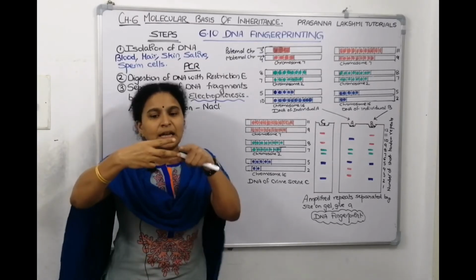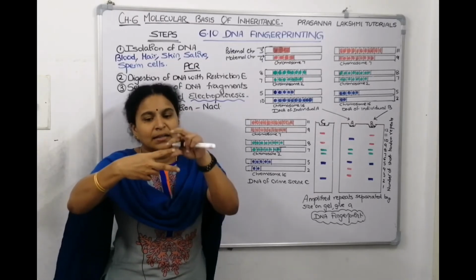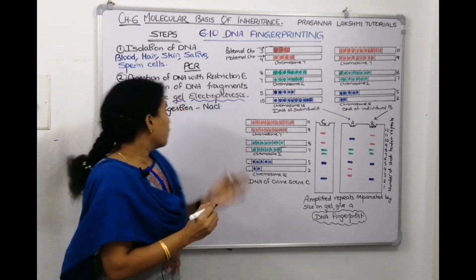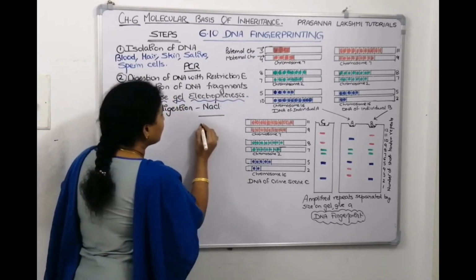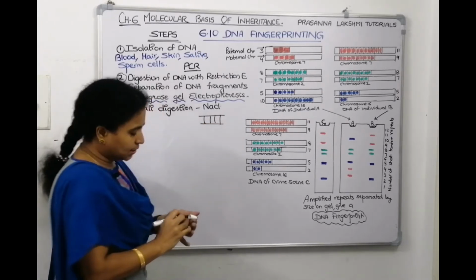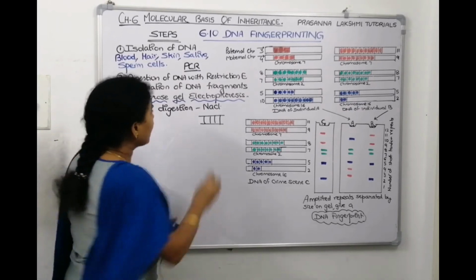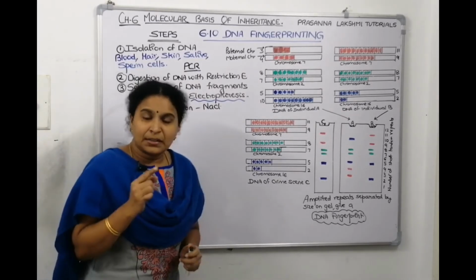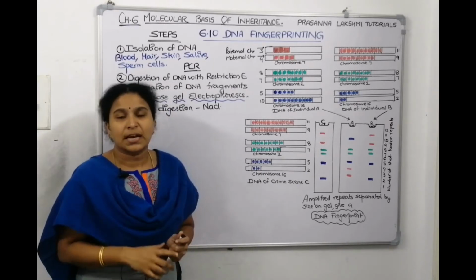If you keep it in a solution having NaOH or NaCl, that is alkali digestion. Now what happens, you know, the double stranded DNA, the hydrogen bonds get broken up and the DNA becomes separate. These are the DNAs, they are linked by hydrogen bonds. The hydrogen bonds get disturbed and the DNA becomes single stranded. Now it gets separated out. So that is alkali digestion. This step they forgot to mention in the NCERT textbook.